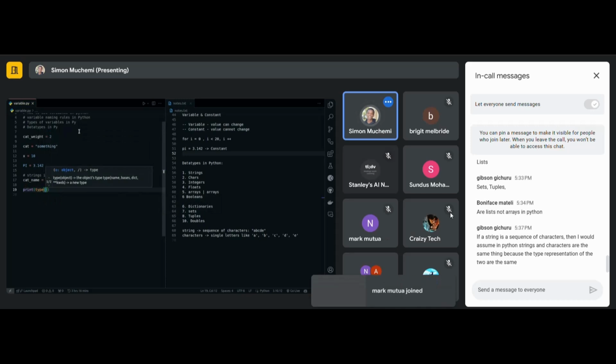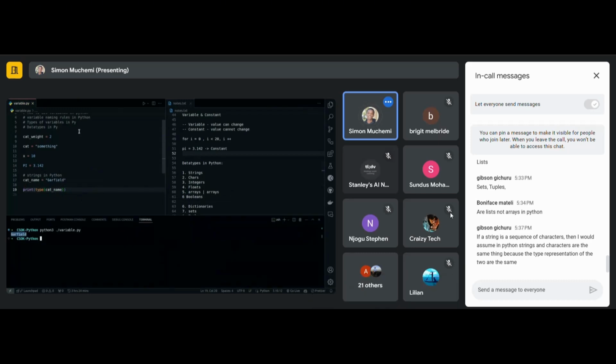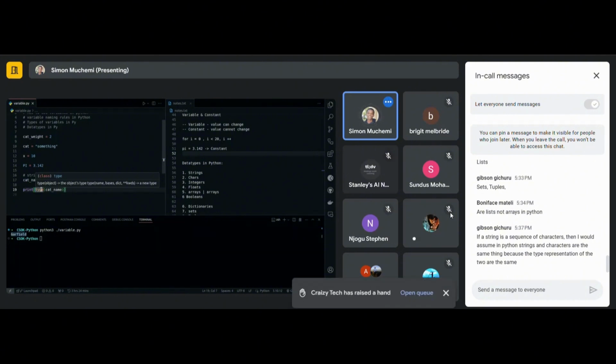Type takes a parameter. You can say cat underscore name. Let me edit. Let's say type of